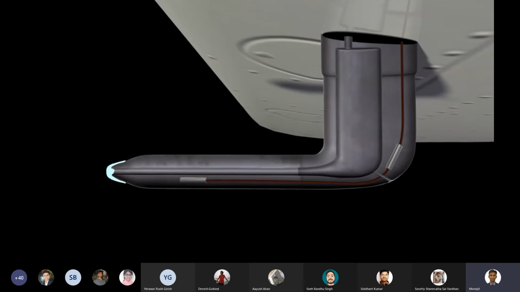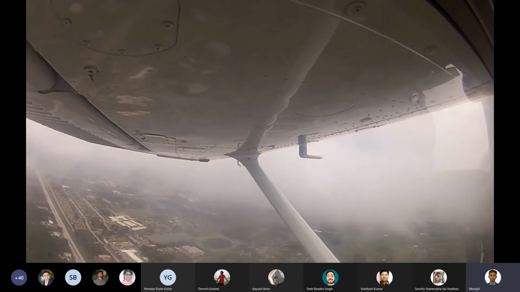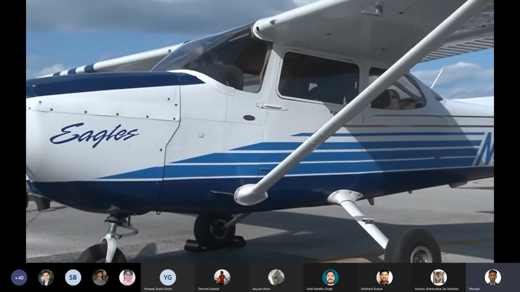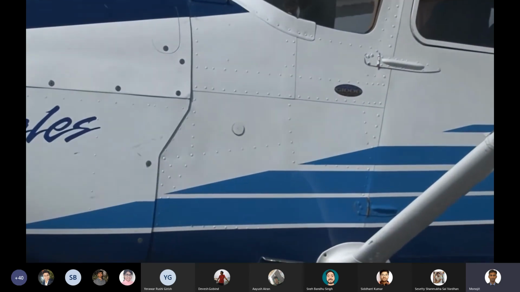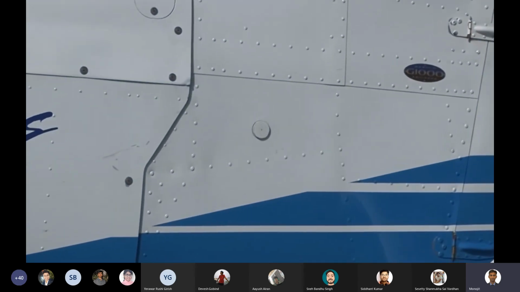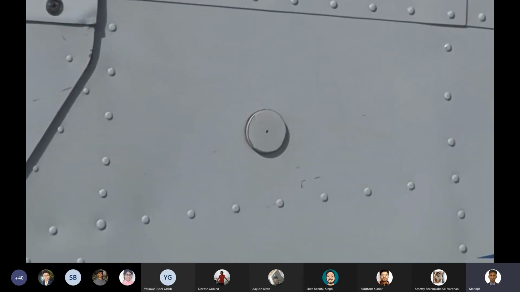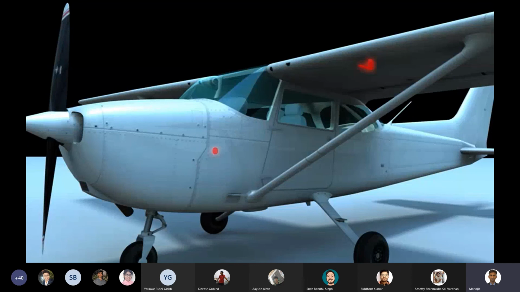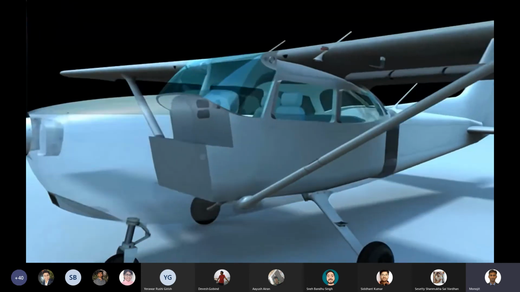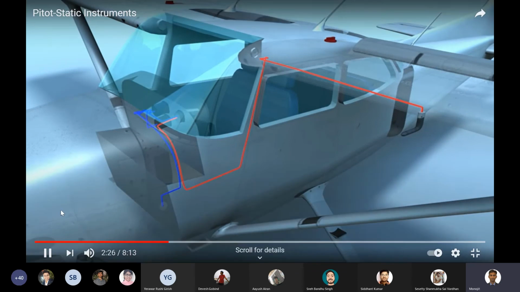The counterpart of the pitot tube is the static port. The location of this port will vary with different aircraft designs, but should be in a location where it can measure the static pressure of the air, unaffected by the dynamic airflow around the airplane. On the Cessna 172, the static port is located on the left side of the forward fuselage. The pitot tube and static port openings are connected to tubes that join into the pitot-static instruments. The pressure inside the instruments match the pressure of the outside atmosphere.